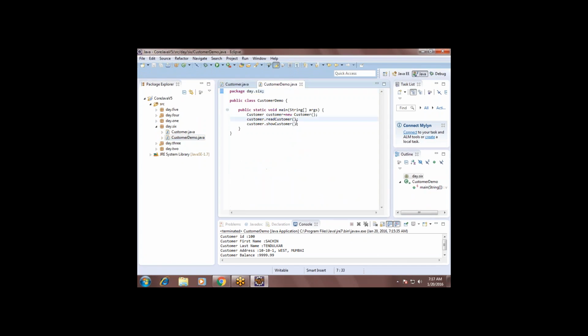Right. So if I create one more object and I call those methods once again, see, the first object is object 1, the second object will be object 2, and object 1 dot read customer, object 1 dot show customer.